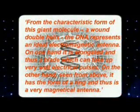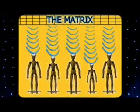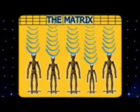This is an article about DNA I came across. From the characteristic form of this giant molecule, a wound double helix, the DNA represents an ideal electromagnetic antenna. On one hand, it is elongated and thus a blade which can take up very well electrical pulses. On the other hand, seen from above, it has the form of a ring and thus is a very magnetical antenna. A DNA is a receiver-transmitter of information, and we lock into the internet, the holographic internet, the Matrix, through